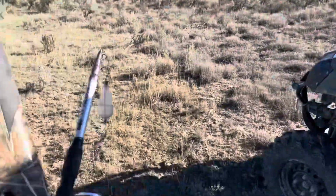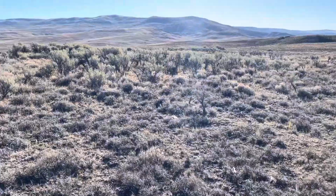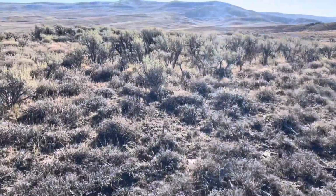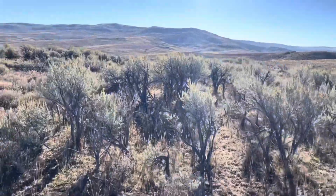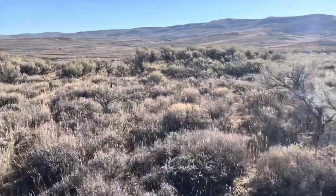Okay, there's a pond just down off this face. I went up on top and saw ducks down in there, so I turned around and came back down. This is one of my favorite ponds. It's fun to sneak up. You have to drop way down and hike all the way around. And I think that's what I like most about